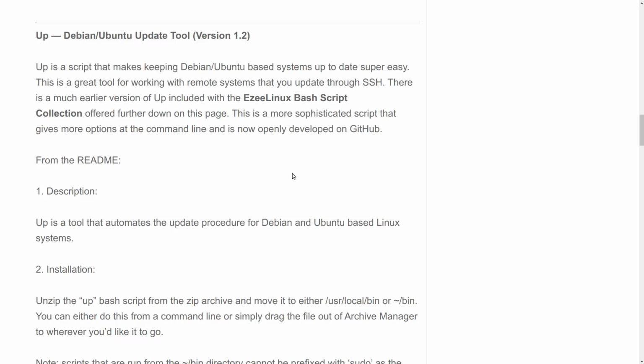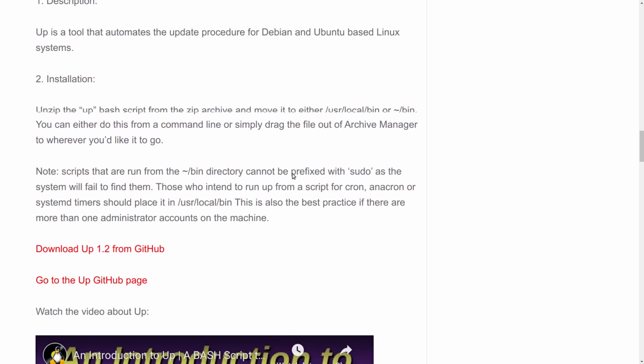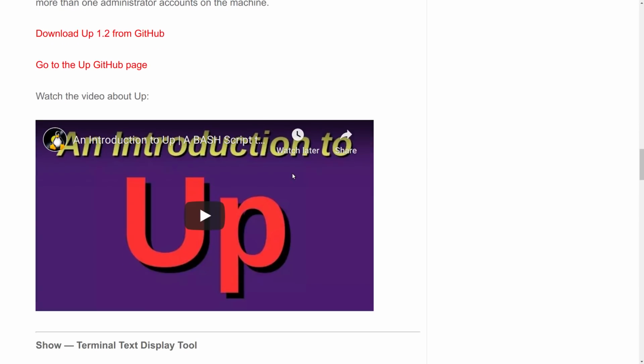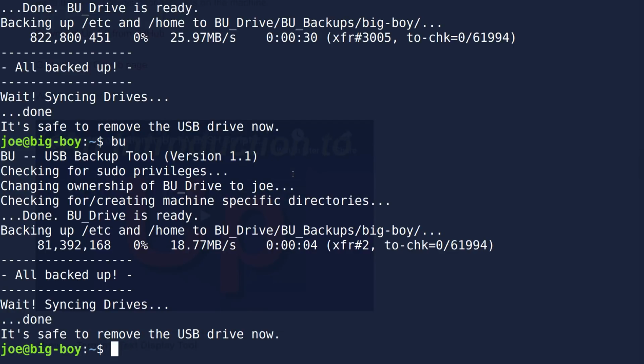So let's see. Up. Up is a little utility that I wrote a long time ago, and Up has a life of its own. And I wrote it to be an educational tool, but then it took off and became this thing that people actually wanted to use. So let me show you how it runs first, because it's really stupid simple. Up, clear the screen. Control L does that, or you can type in clear, whichever makes you happy.